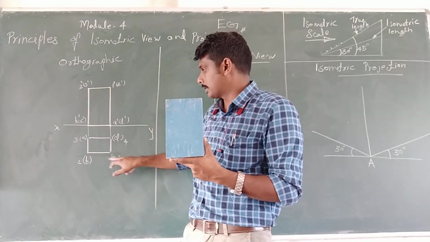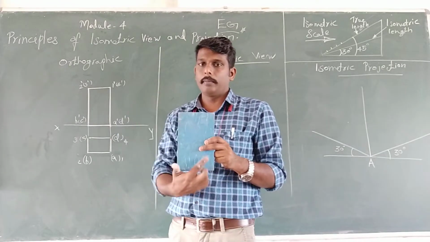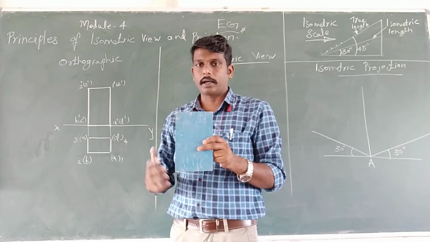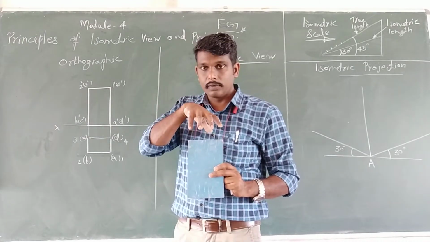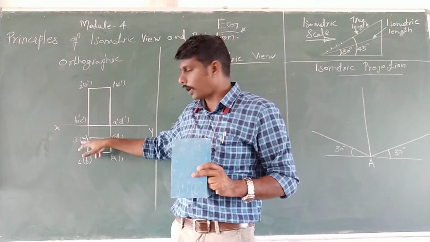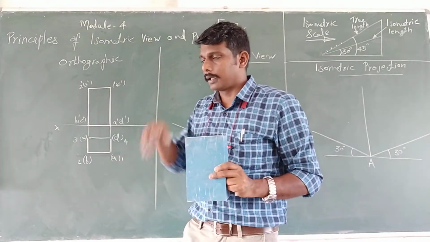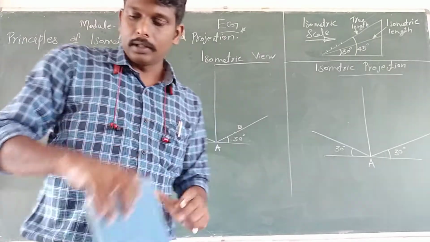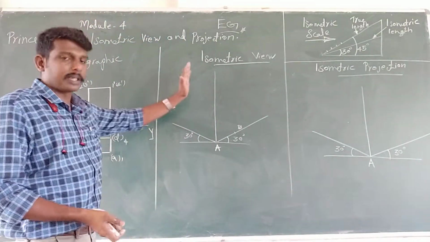Okay, A, B, C, D are in brackets because in the top view A, B, C, D are hidden, and 1, 2, 3, 4 are visible. So 1, 2, 3, 4 are without brackets, and A, B, C, D are in brackets. Okay. Then we can move on to the conversion to the isometric view.